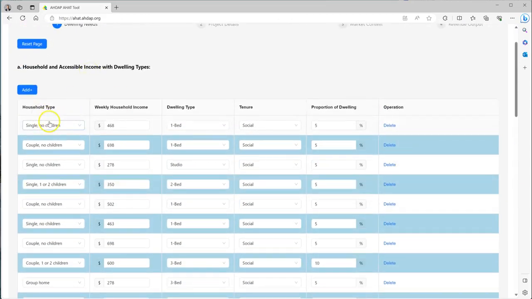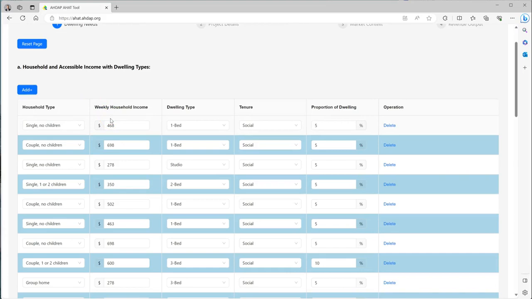The first part is to define the type of household, whether it's a single, no children, couple, and so forth. The key reason for doing this is that firstly, we can sense check against a dwelling type that we're going to accommodate this household in. And the second reason is this household size and composition component is used to estimate the Commonwealth Rent Assistance